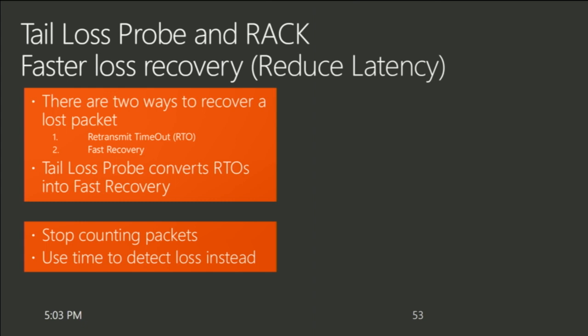So we have a faster method, and the faster method is by packet counting. This is called fast recovery. So if I'm missing an ACK and I receive an ACK for another packet, I count one, and I receive another packet, another ACK, and then a third ACK. When I get up to 3, I say, you know what? I think that packet's missing, so I retransmit it.